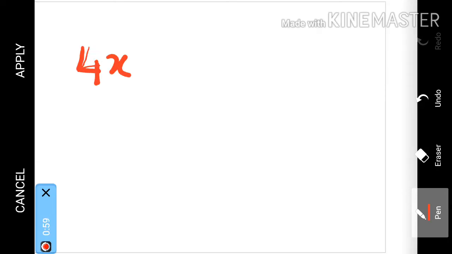4x multiplied by 3y. I will take 4x multiplied by 3y. Now here, if you go to see, both are monomials. They have only one variable. No doubt they have one variable, but there is no other term in between them. That means 4x is not added or subtracted with some other number, or 3y is not added or subtracted. It is individual. These numbers are individual, they are separate.